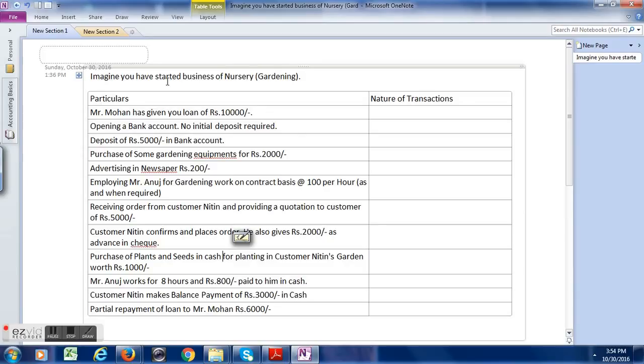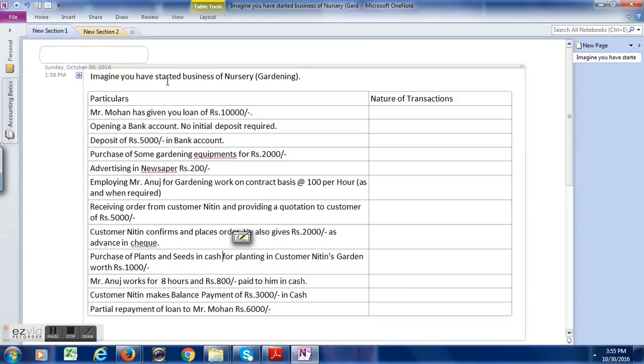Then there is one friend, Mr. Anuj, who knows gardening work. You employ him on a contract basis, and he says, as and when required I'll come, and I'll charge you rupees 100 per hour. Then you receive an order call from your customer, and you provide him a quotation of rupees 5,000. After 2-3 days that customer, Nitin, confirms and places the order,